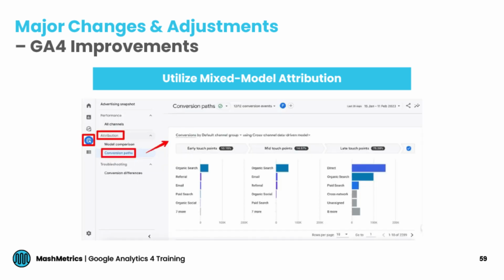Understanding the customer journey is made up of a series of touch points, not just sessions. And the new interface really allows for this exploration. As you can see here, we can compare between early touch points, mid touch points, late touch points across the